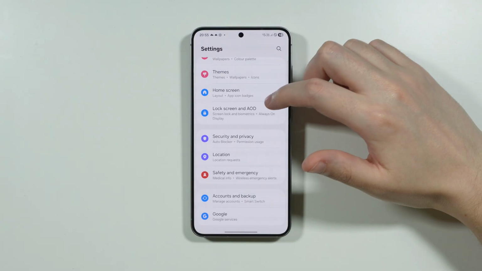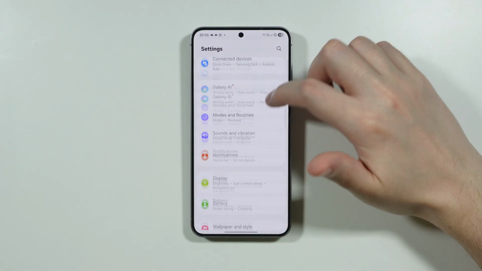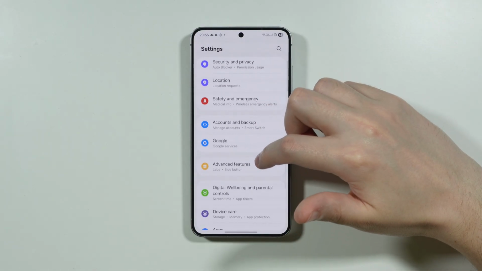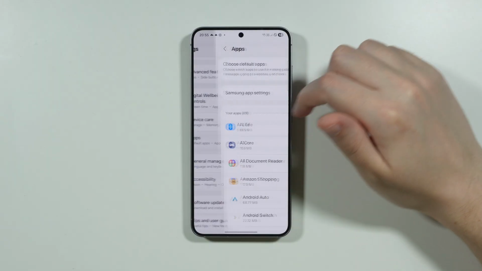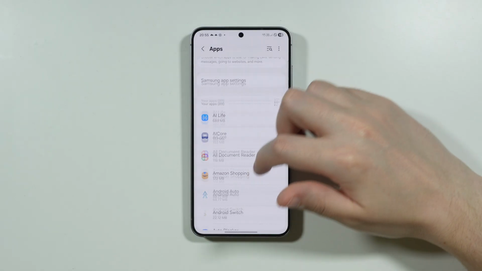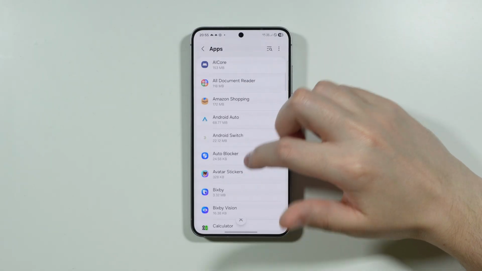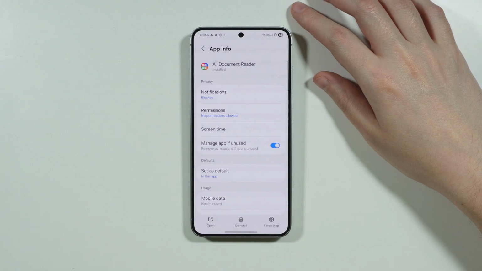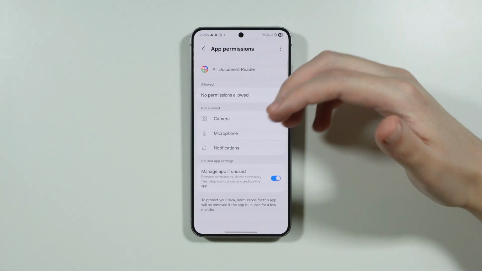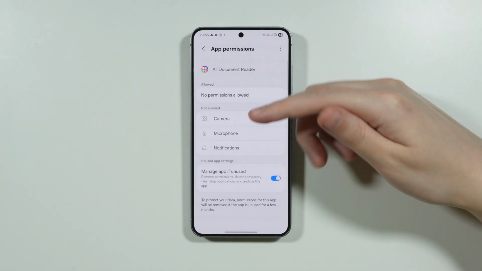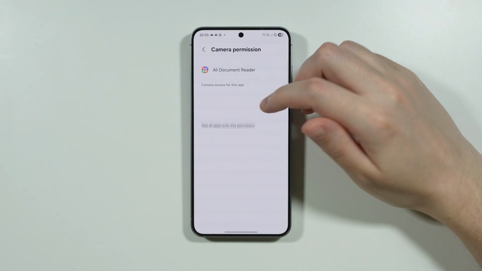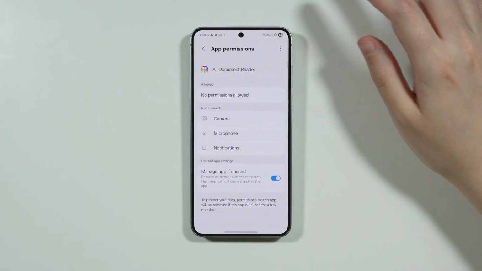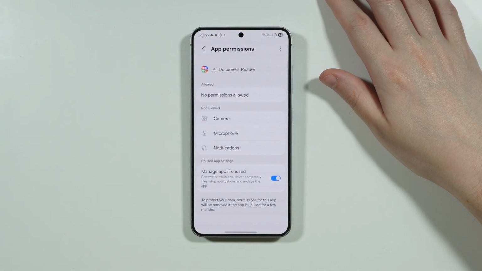And the second way to adjust permissions is by going to Apps in the settings. So we need to keep scrolling down, and then over here we have Apps. Next, you should be able to choose the app for which you want to adjust permissions. So let's say I'm going to choose this one. Over here, we're going to go to permissions, and then you can see all of these permissions that can be granted for that app. And then over here, you can decide if the selected permission should be granted or not